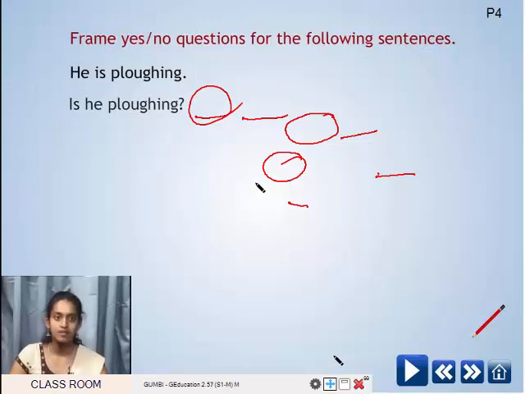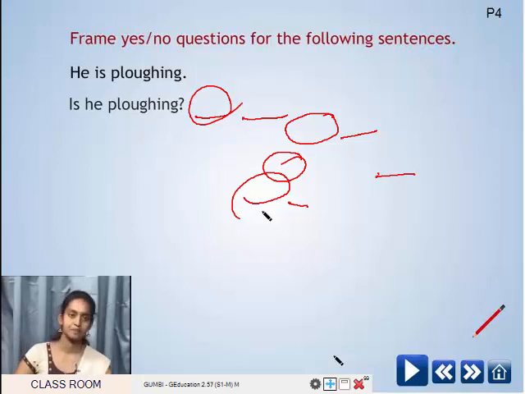Then the next one, I will leave now. I will leave now. So which is the verb there? Which is the verb, children? Very good. Leave is the verb. So when you say I will leave now, now tells you more about the verb leave. So now becomes the adverb. So in all these examples you have seen, children, a word which adds meaning to the verb is called the adverb. So you must remember like that.